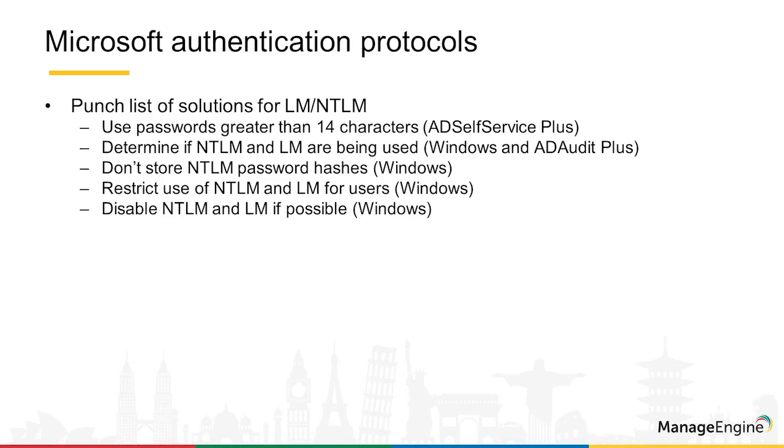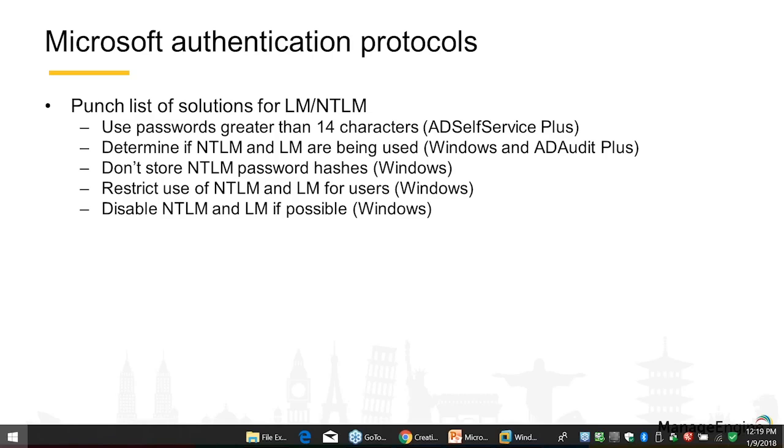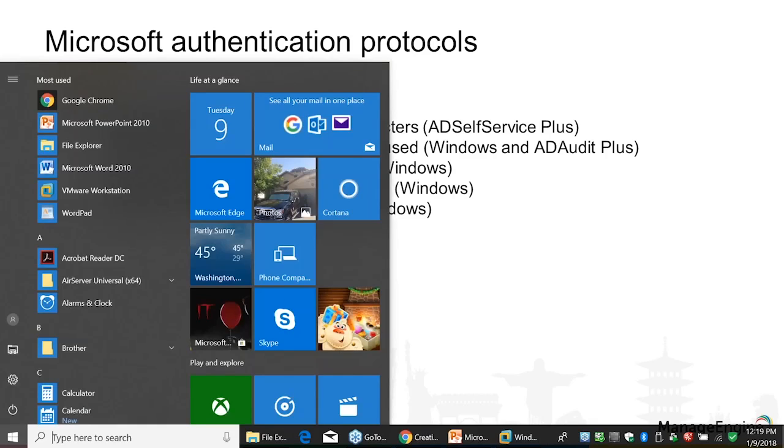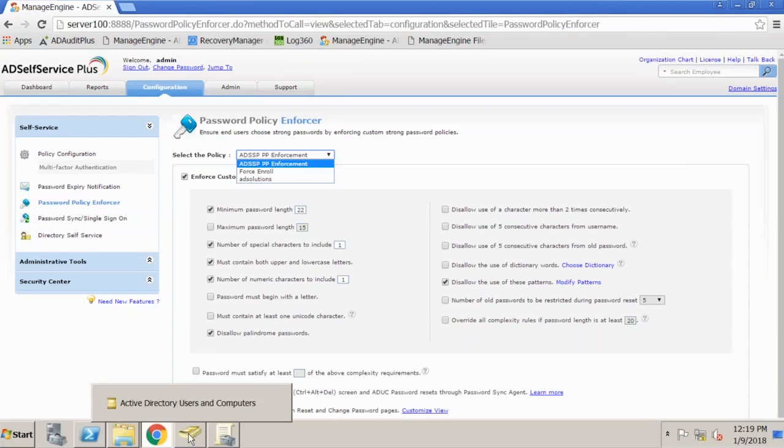Now, that's step 1. Step 2, determine if NTLM and LAN Manager are being used at all. Because if they're not being used at all, then we can move immediately to the bottom and disable NTLM and LAN Manager. How do you determine if LAN Manager and NTLM are being used? I'm going to give you a couple of solutions here. First of all, I'm going to jump into,